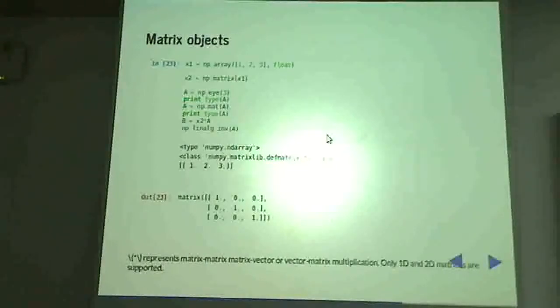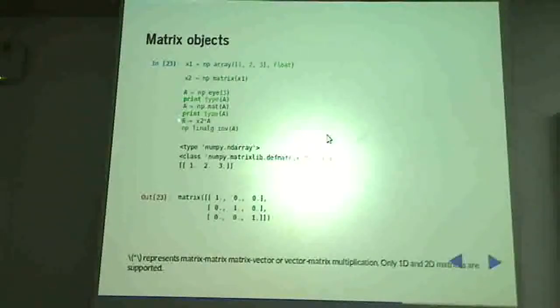constructs an identity matrix. Actually, it's not actually a matrix. It's a NumPy array, which is a 3 by 3 array where all the diagonal elements are 1 and all the other elements are 0. Okay. So print type A tells me that this is a numpy.ndarray. Now I use the mat function to convert this into a matrix, and since I have A on both sides, now A has changed type and it is numpy.matrixlib.defmatrix.matrix. So it's basically a matrix.